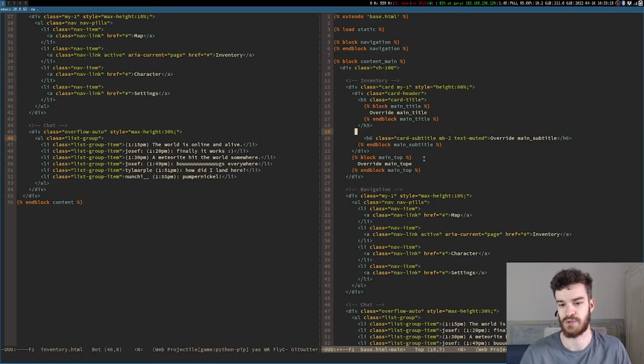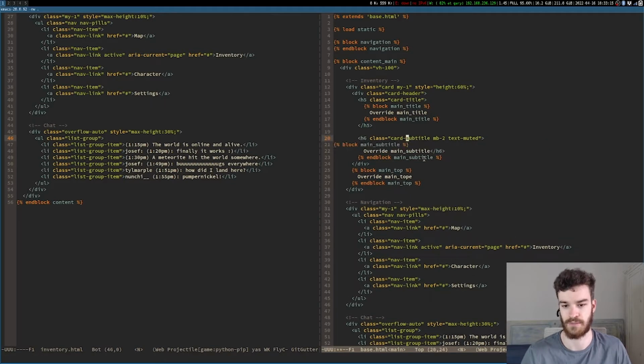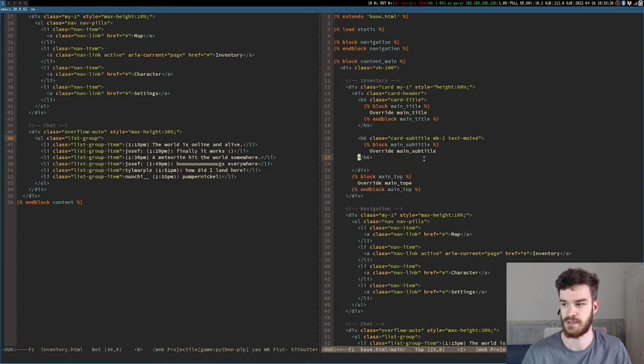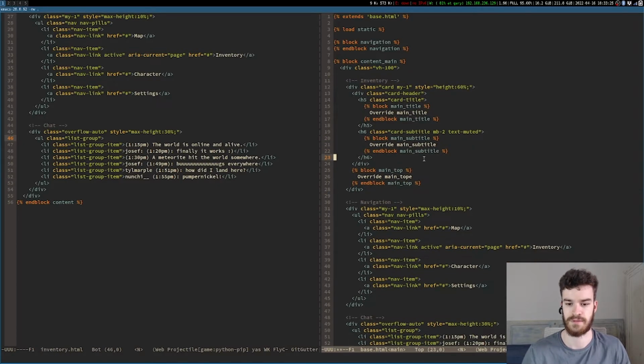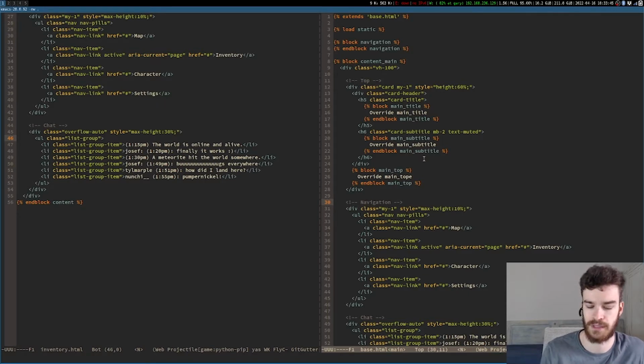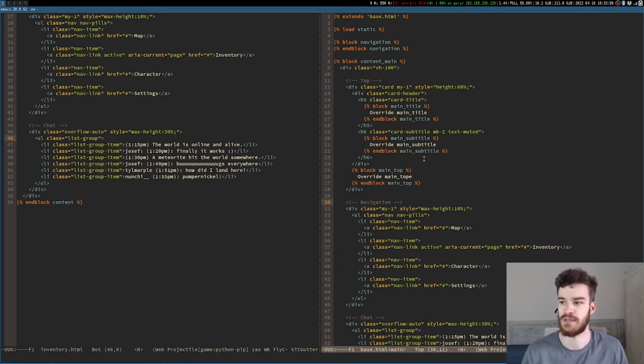I cannot control the classes anymore. Which is good, because then I don't have to care. So pretty much like that. So we have this is not called inventory anymore, this is called top. Then we have the navigation, which is pretty much the same on every page. So I actually don't want to implement that in a child template. So I'm just going to leave it, and